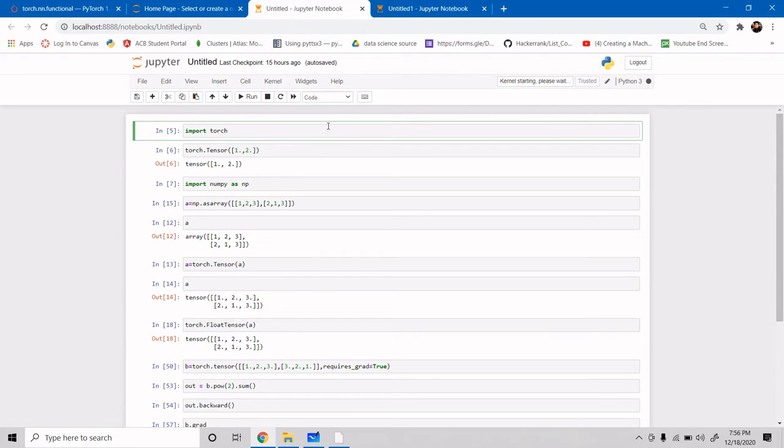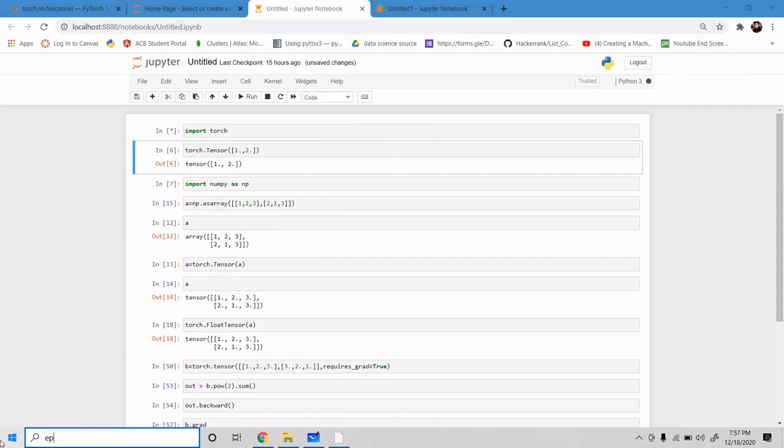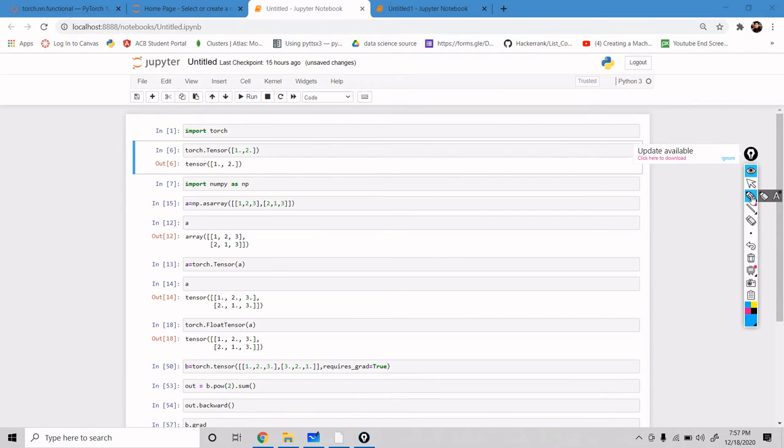First we have to import PyTorch. In the next line, we are creating some tensors on our own, so we do not need to convert from arrays.